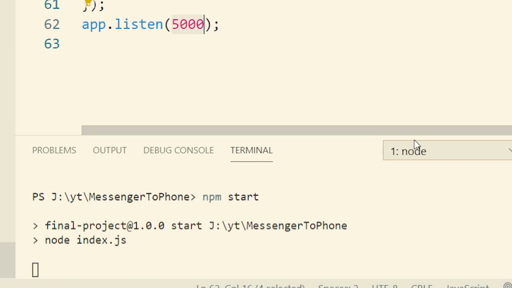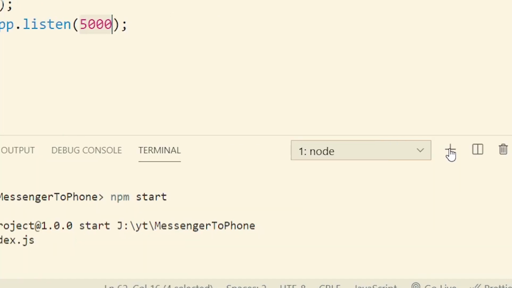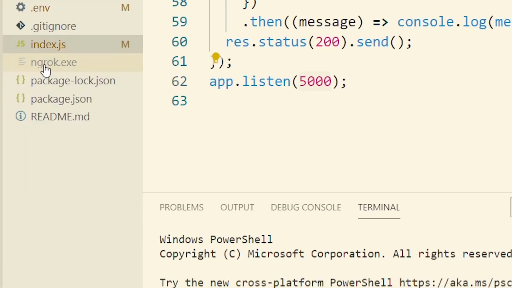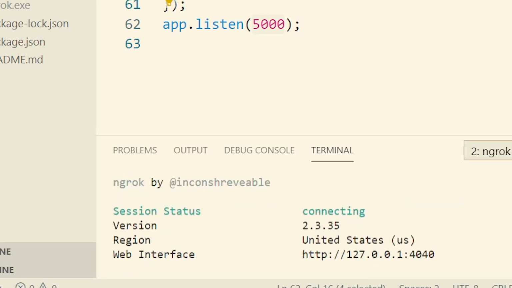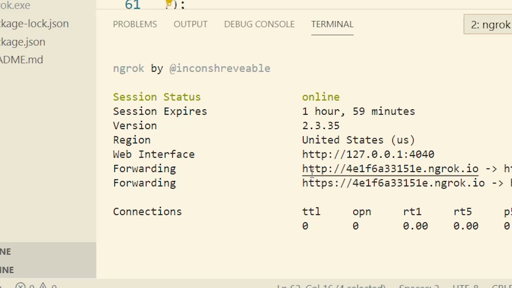To open ngrok on the same port, we will open a new terminal from this plus icon. Make sure the ngrok.exe file is here, and I write ./ngrok. If you use the command line of Windows, you will only write ngrok http then the port 5000. Hit enter. Now ngrok provided us http and https.